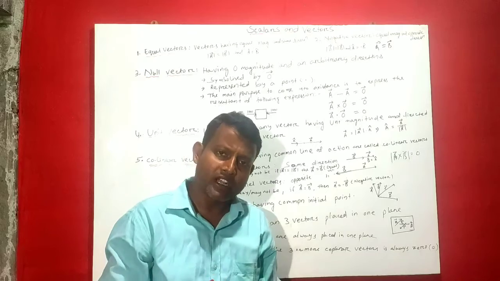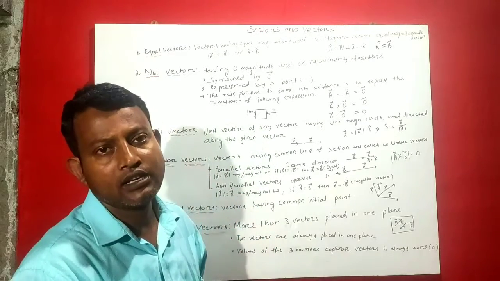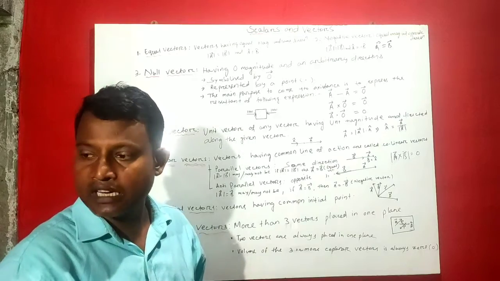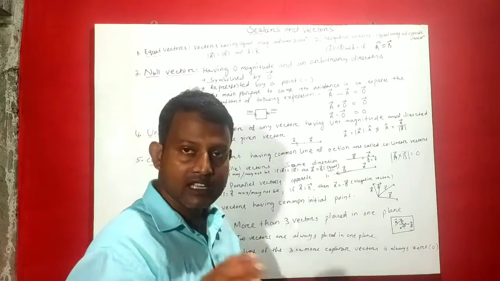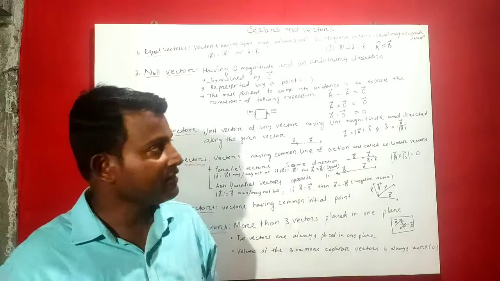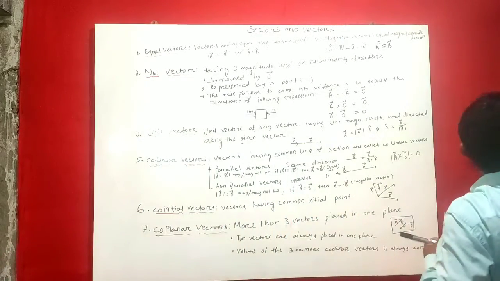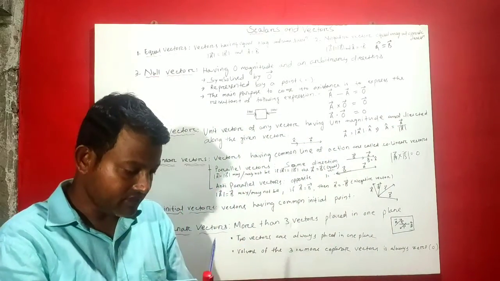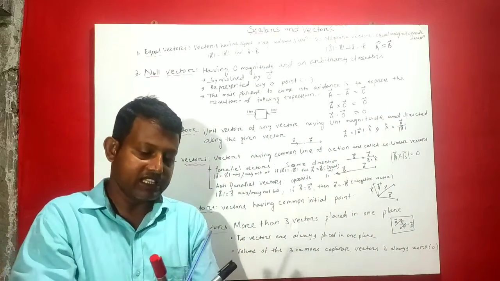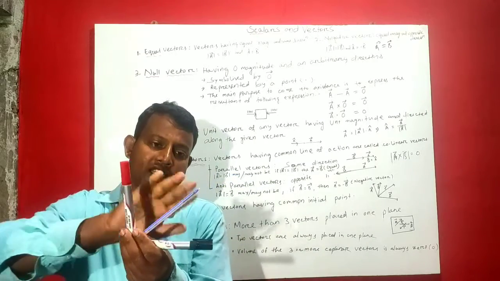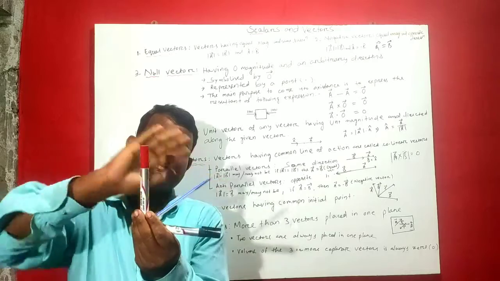That means two vectors are always coplanar. But when there are three or more, let there be another vector. Let this be another vector. When we place this in between them, then the three vectors are in the same plane,